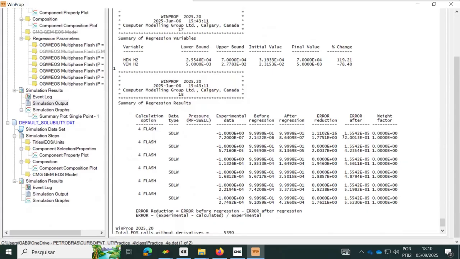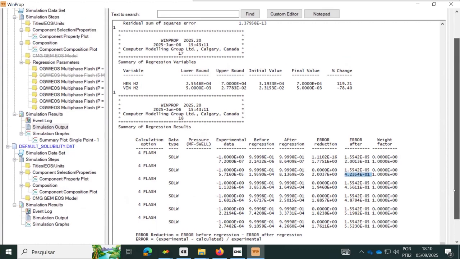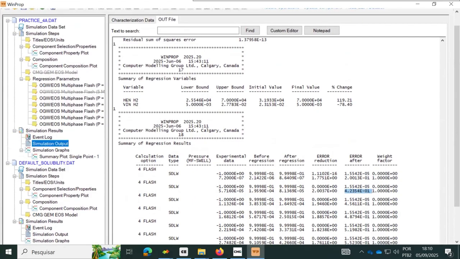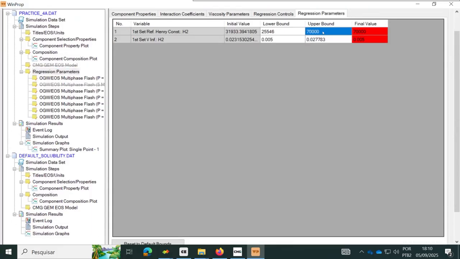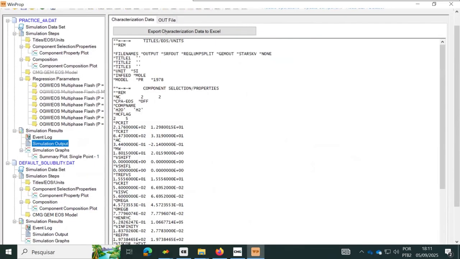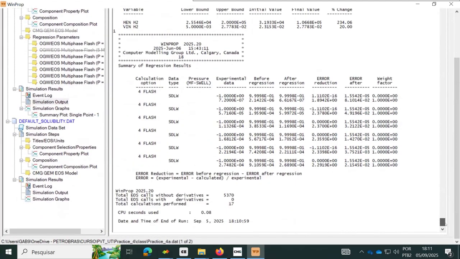So now I think, no, it's not good. It's too high. I think I need to increase more, because hydrogen has low solubility. Let's try to do this. So now it's better. Okay, so I think we can consider this matched,